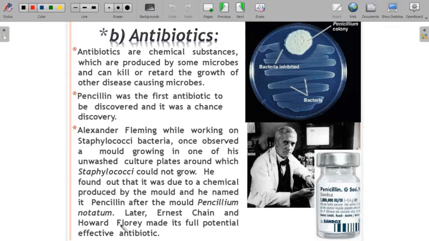For example, I'll tell you about common antibiotics which you are using. Polymyxin B is an antibiotic. It's not in your book. It's obtained from Bacillus polymyxa. Erythromycin, which we commonly use for a throat infection, is obtained from a bacterium called Streptomyces erythraeus. Even amoxicillin is also an antibiotic, and we are extracting all of these only from microbes.